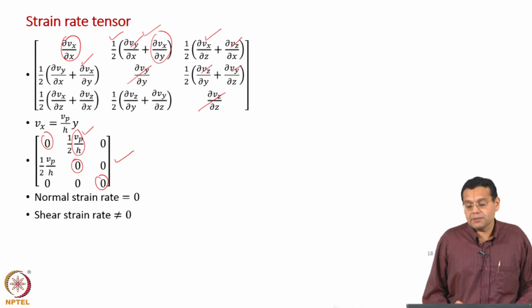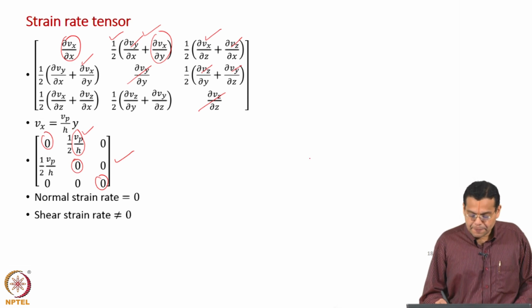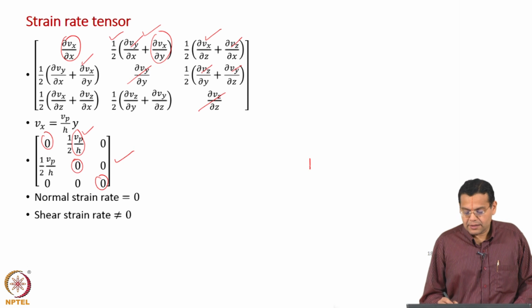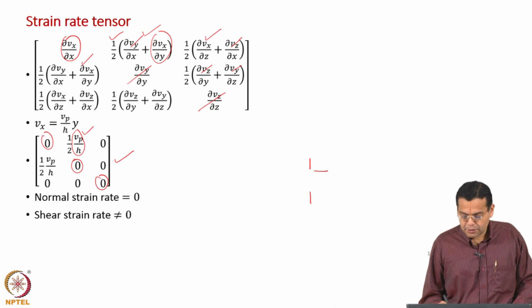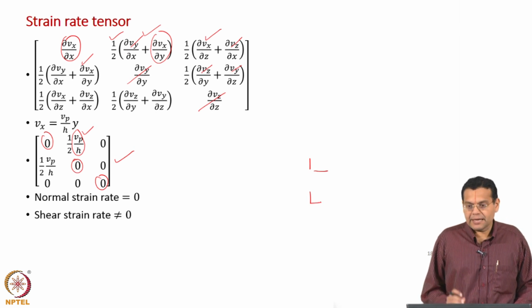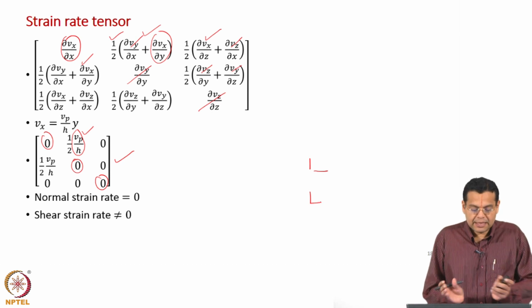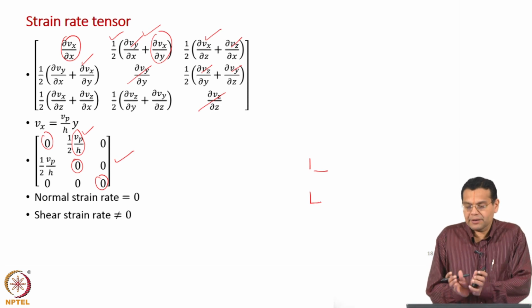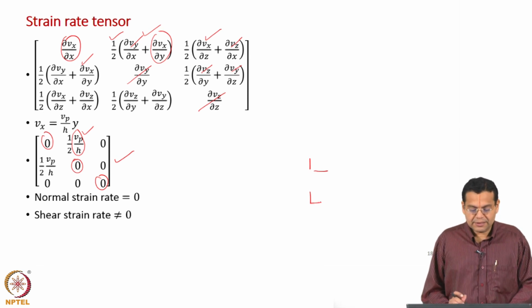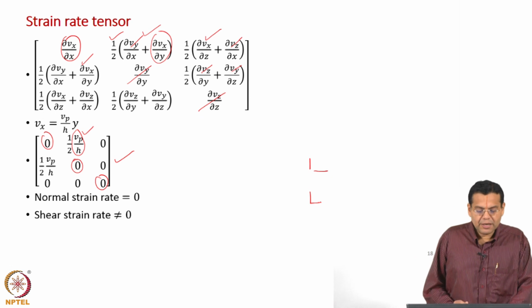What does it mean? If you take a fluid element either horizontally or vertically, there is no rate of change of length. If you take two perpendicular elements at some time t, then at time t plus delta t they will come together. Why is that? The shear strain rate is positive, which means the angle between them should decrease. So, that is the meaning of these two values which I have obtained: one is of course 0, the other is non-zero.